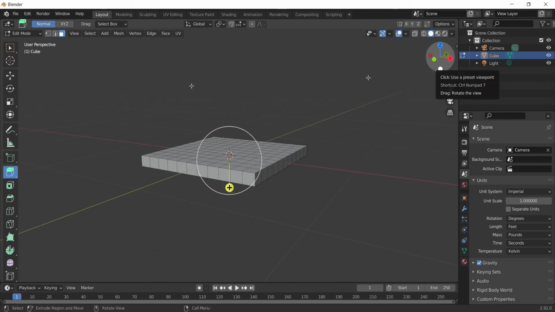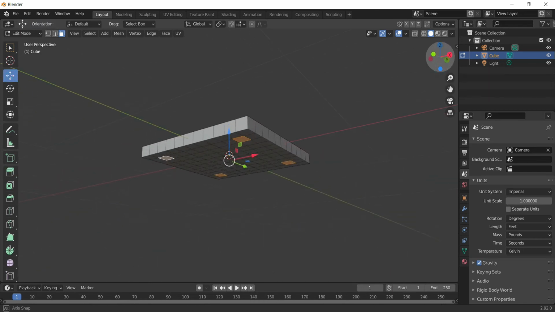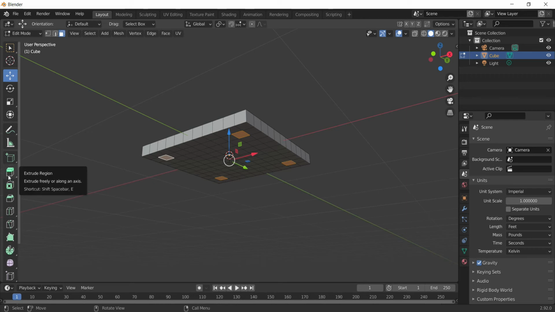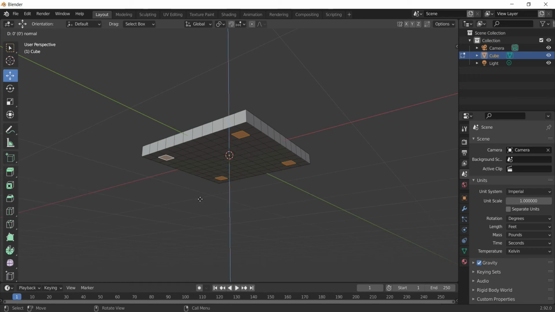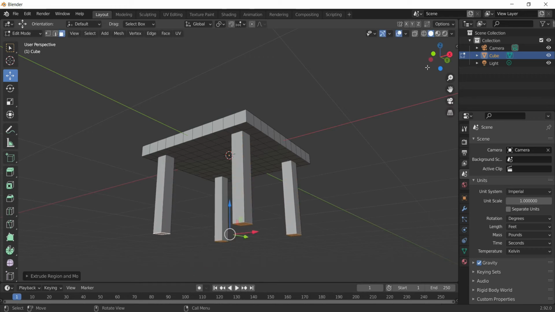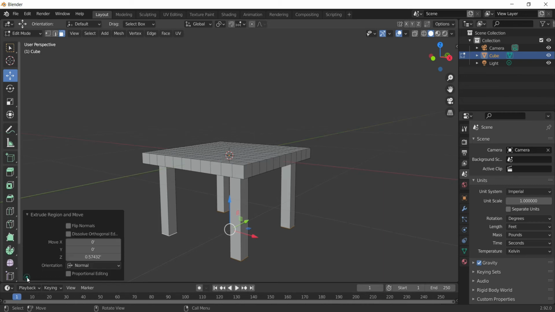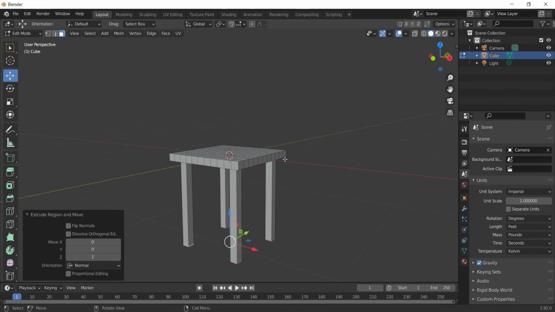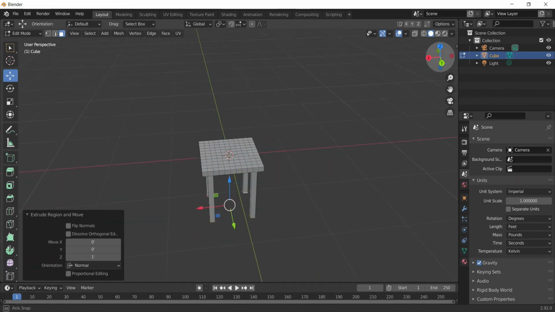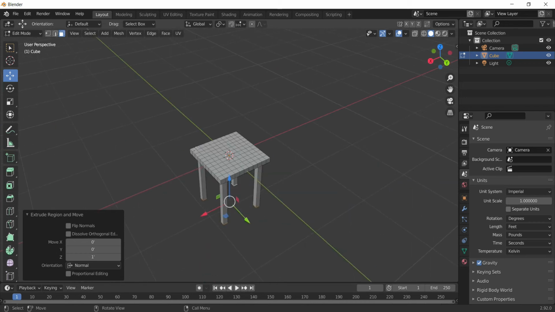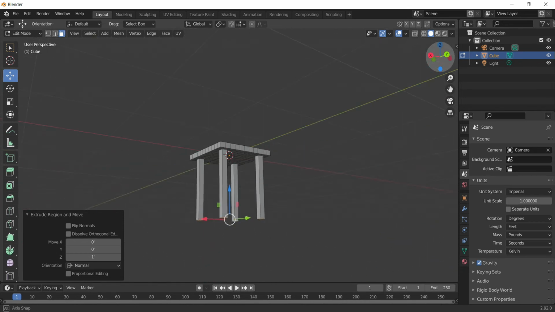But again, this is not my preferred choice. I'll use the shortcut here as well. So the shortcut for the extrude region tool is E. So I'll press the E key now, and I will bring the legs outwards like this. And here you also have this small window for extrude tool options. So here in the Z axis where we have made the extension of the faces, I can give a precise value, let's say around 1 feet, and I have made a table with precise dimensions of 1 by 1 feet on the base surface and 1 feet in the length.